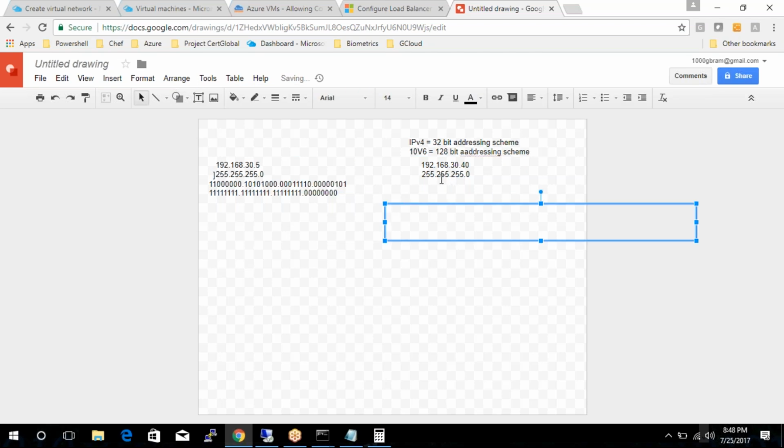So let's do the same thing for the other machine as well. Now we've got 192, 168, 30, right? So I'll do the same thing. Now we've got half the puzzle solved here. We already did that, so I'm going to do the exact same thing. 5, 6, 7, 8, and then that will be